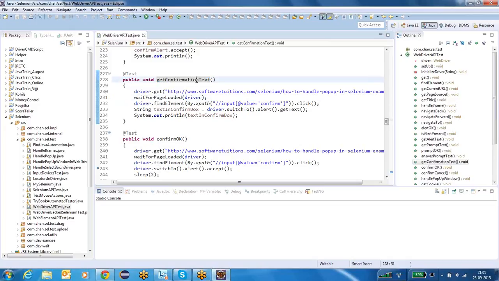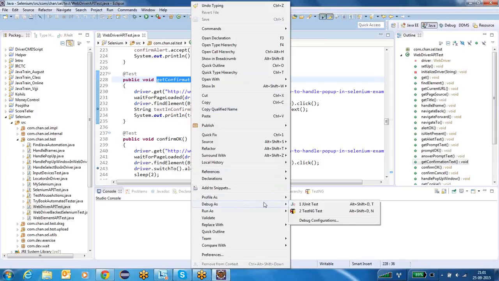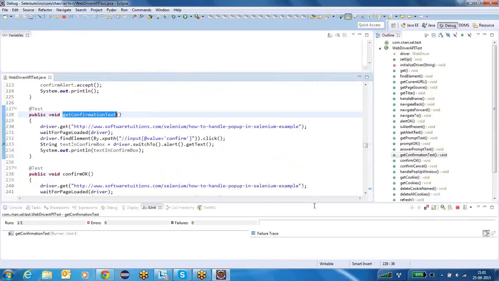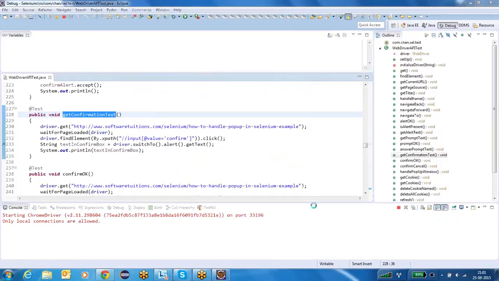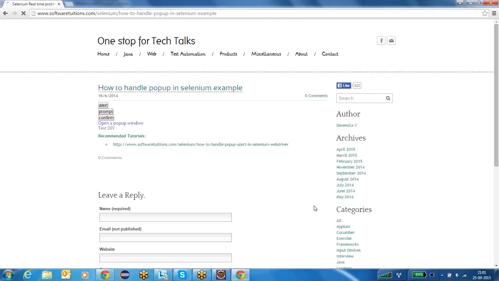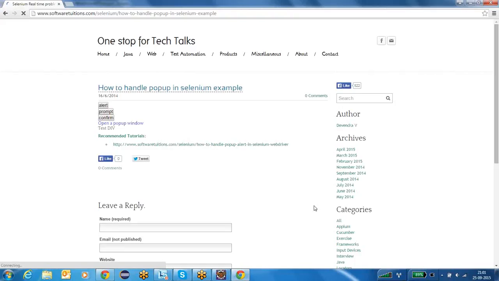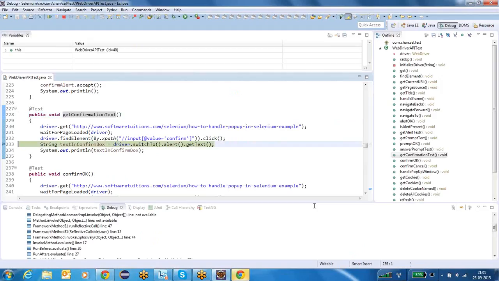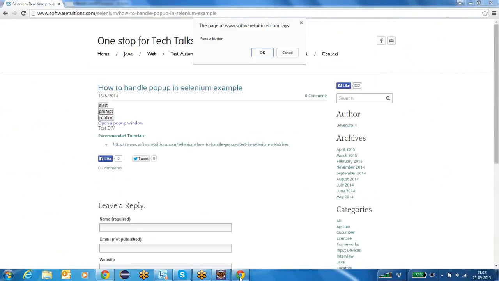Now to get the confirmation text it is the same as prompt and alert. Let me run this example. See, I have the confirmation box now. What is the message we have? Press a button.